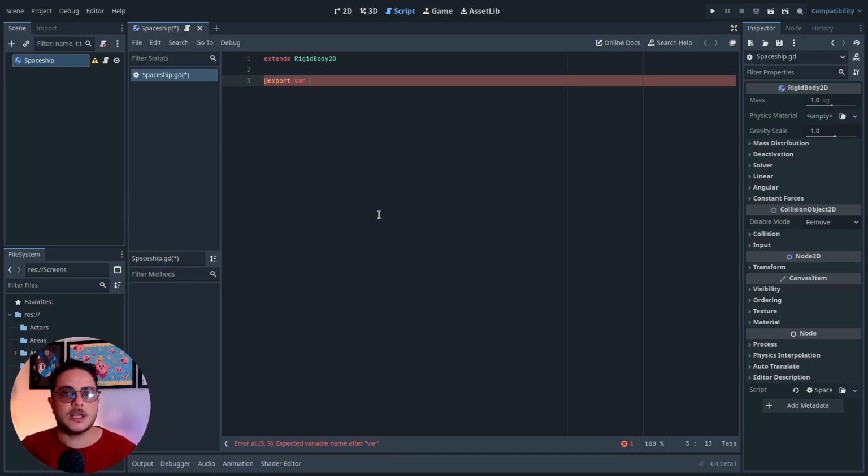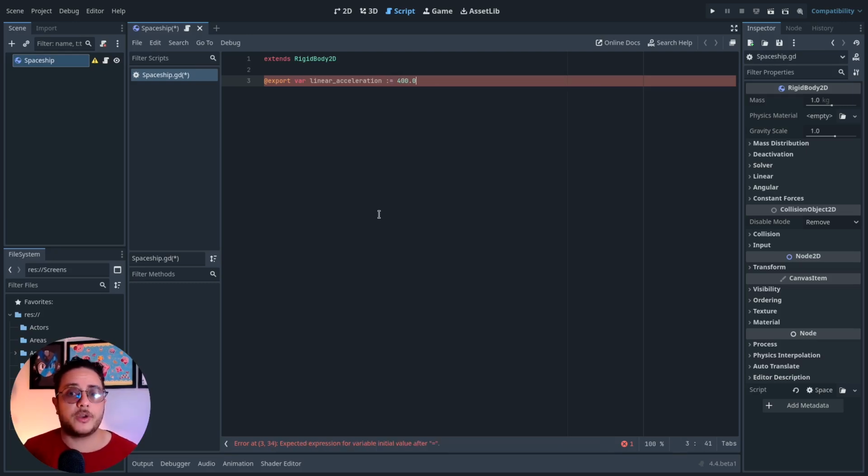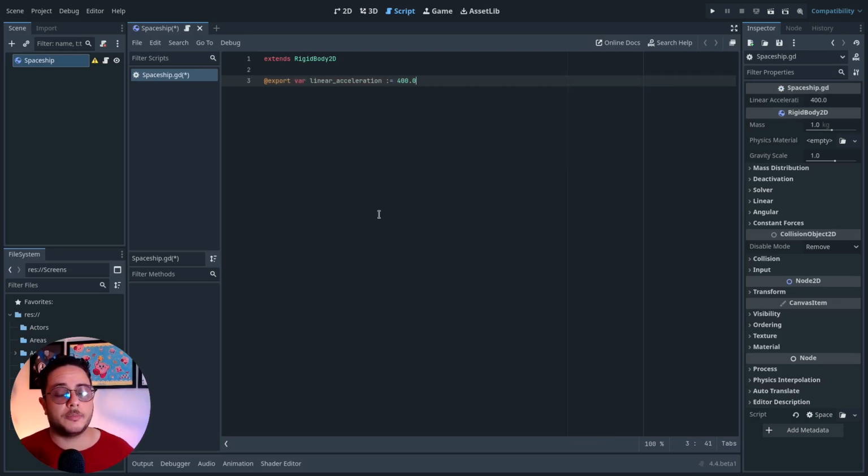Scene files will be loaded at process time, and it will take this information instead of whatever we put in the class. So for instance, I'm going to use linear acceleration here, which is a real number, a floating number as we call it in Godot engine, that will add this amount of speed per second